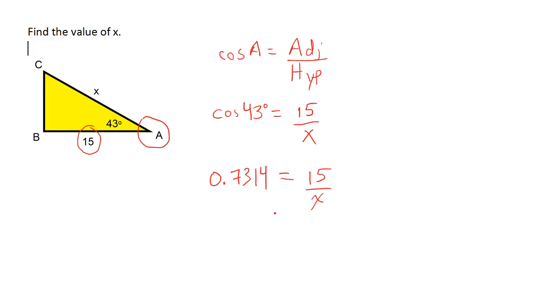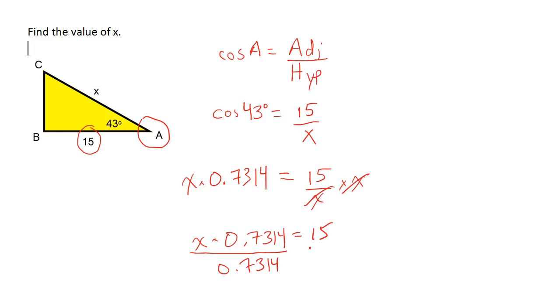Now, we want to get the x by itself on one side and all the numbers on the other side. So, first thing we need to do is multiply both sides by x. That way these x's will cancel and we'll have the x on this side. So we have x times 0.7314. That equals 15. And last step, we need to divide both sides by 0.7314. And we're left with